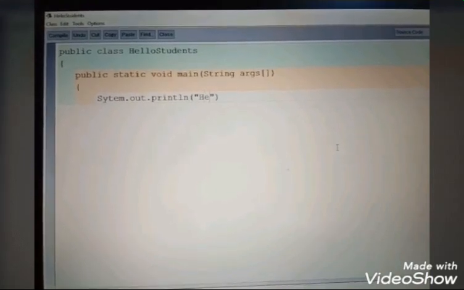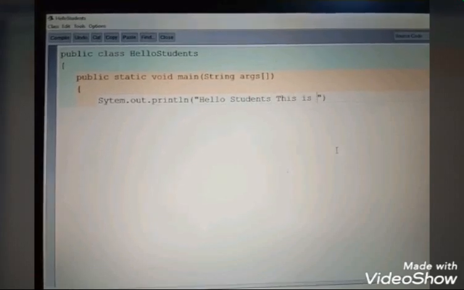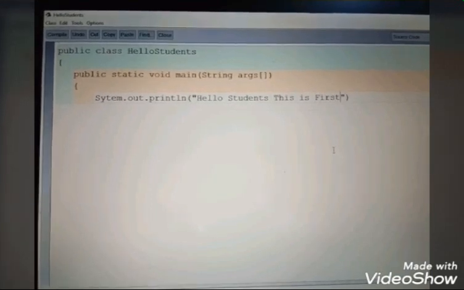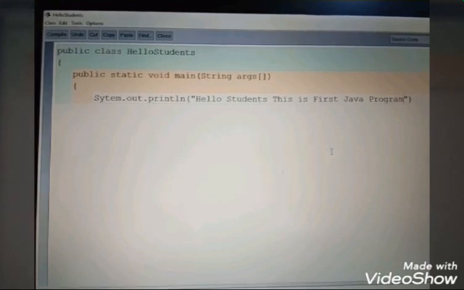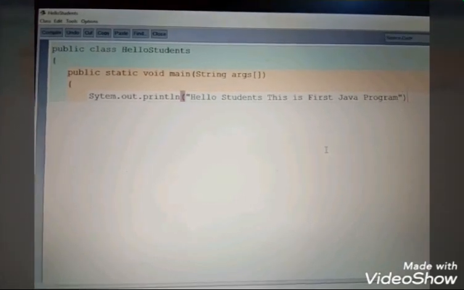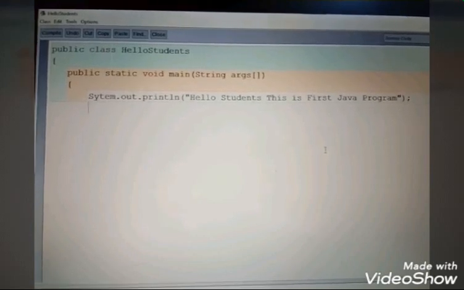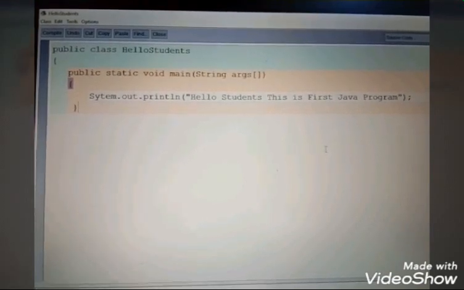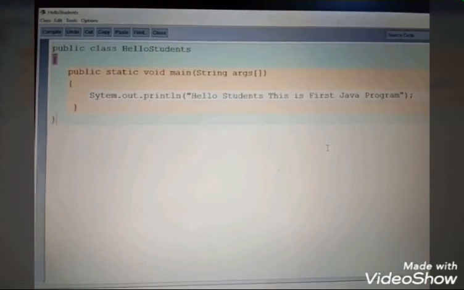Now I am writing the message, that is hello students, this is first Java program. Now after that you have to write one curly bracket, then you have to close all the curly brackets which are opened. The first curly bracket I have already closed, then one more curly bracket is closed. Now your program is completed.